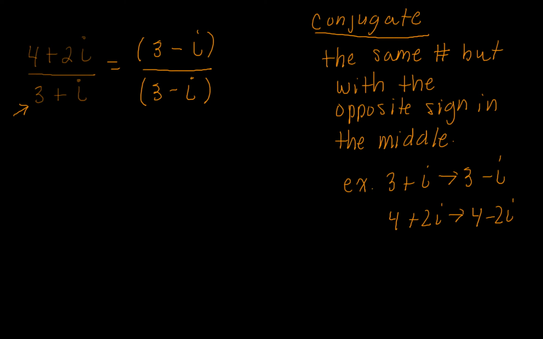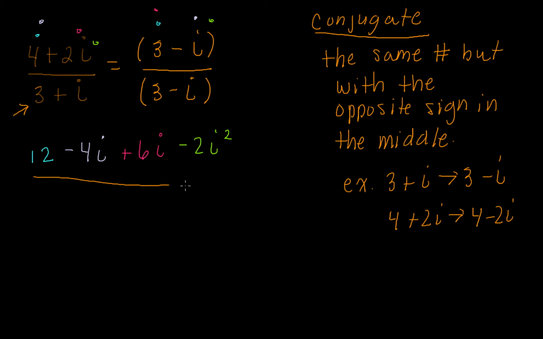So we have, let's do this in different colors here. We have 4 times 3, which is 12. We have 4 times a negative I, which is negative 4I. We have 2I times 3, which is a positive 6I. And we have 2I times a negative I, which is a negative 2I squared,